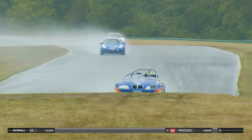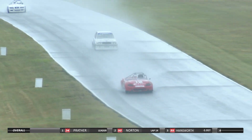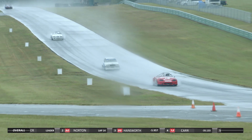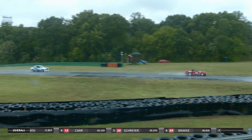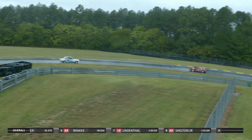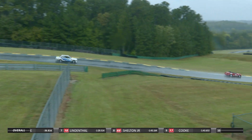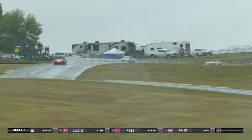And I'm sure he's thinking deja vu all over again. Just make it around 3.27 more miles here. That's going to mean one more lap for this battle to figure out who comes out on top. This is the battle for 4th, Joe Carr in the red Miata, Tim Schreier in the white BMW, and don't forget John Brackey is still kind of lurking there in the Z3